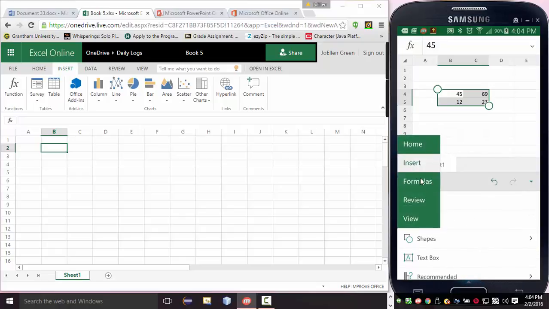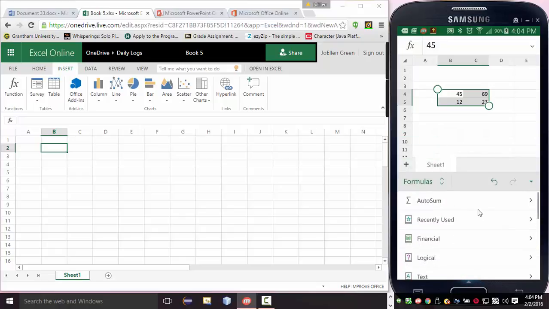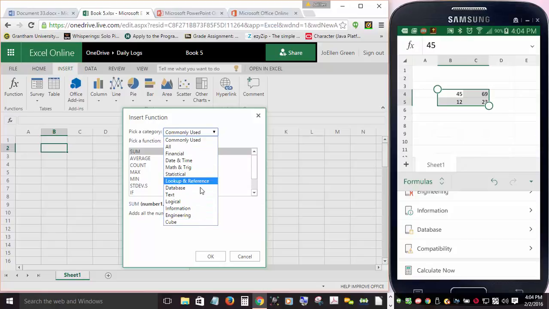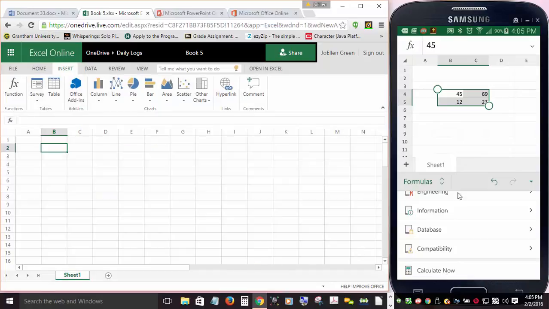But let's look and see on the Formulas so that you can see that you have all the different functions that you have in Excel. You can use those. Okay, commonly used, all of these, we have pretty much all of these here. And the Calculate Now button, so that you can recalculate something. That F9 is usually the Calculate Now